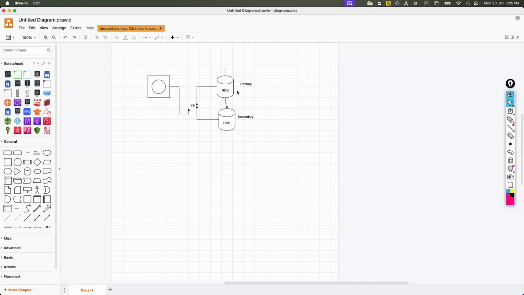Okay, this is your writer instance, right? But assume at the time of results, the colleges or schools usually publish their results on the website. At that point of time, each and every student wants to see their result. It is now not an insert. This is now a select query. It's a read query. You understand?